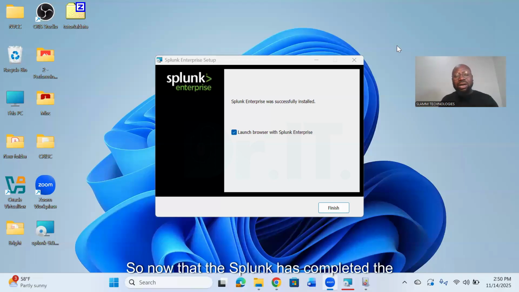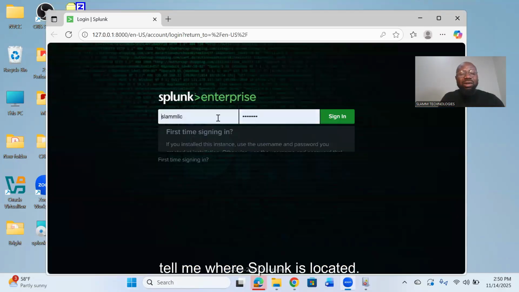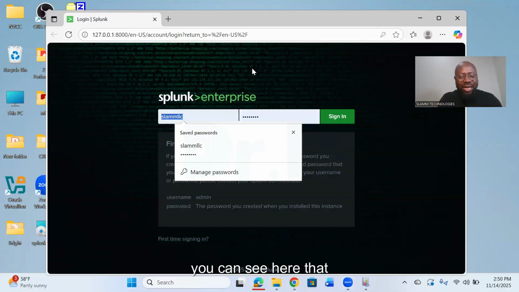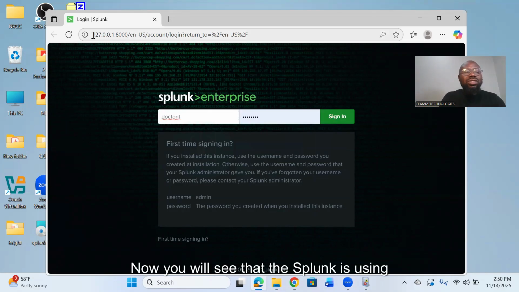So now that Splunk has completed the installation, I'm going to click Finish, and then it's going to tell me where Splunk is located. Now, you can see here that I use the Docker, IT, and then my password is the following. Now you will see that Splunk is using the